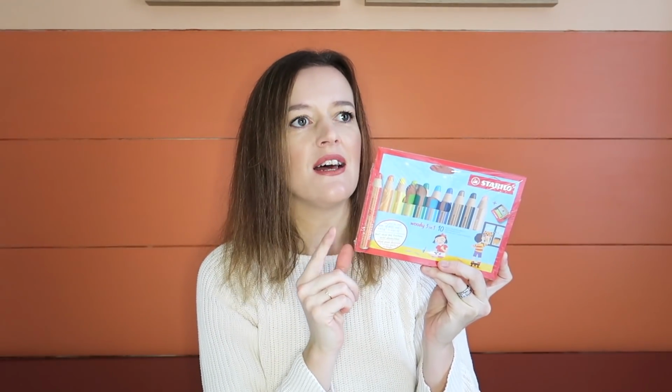And then the last kind of crafty thing, I think, is these 3-in-1 pencils. So these are pencils. They're also like watercolors, so you can draw and then use a water paintbrush to make it into watercolors, and they also draw on your windows, which I thought would be really lovely to create some like Christmas scenes on our front windows maybe. I was actually going to put this as one of Oscar's stocking fillers for Christmas Day,